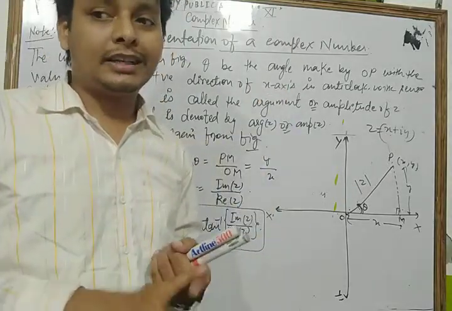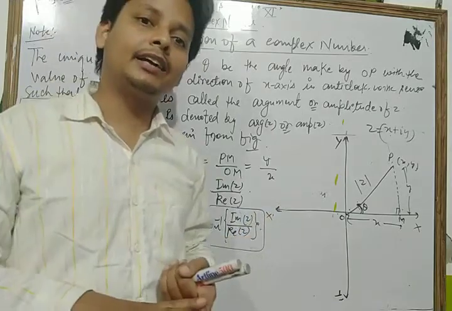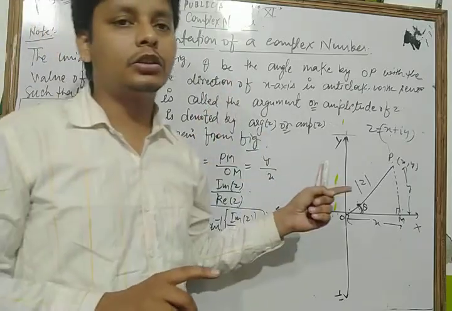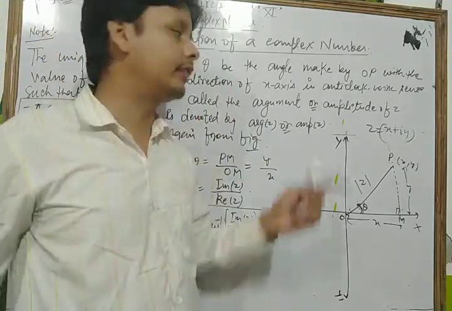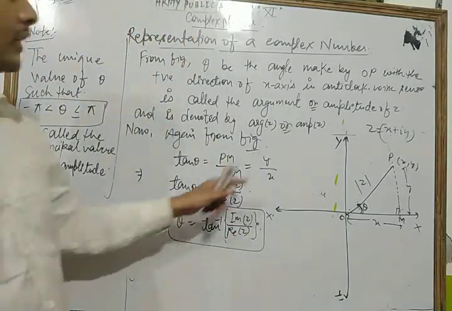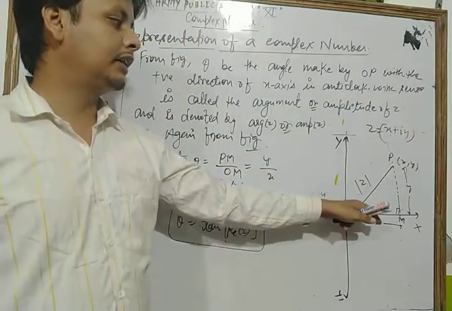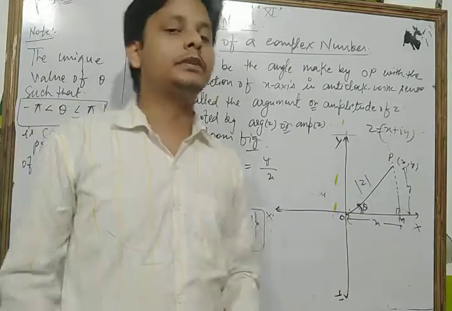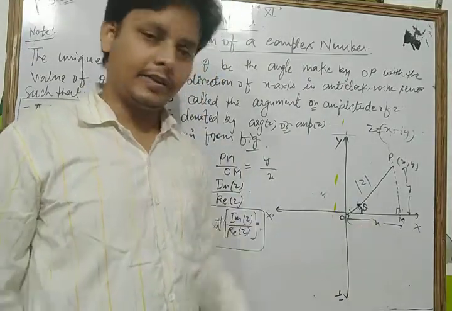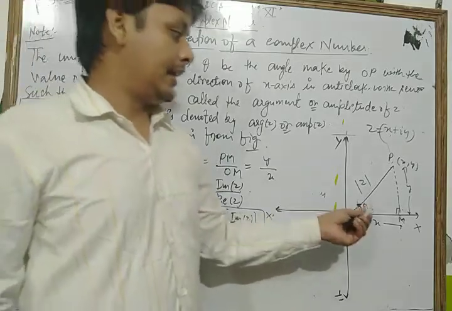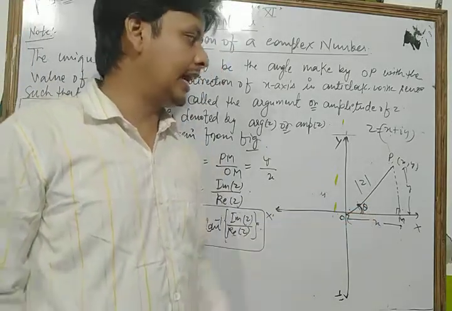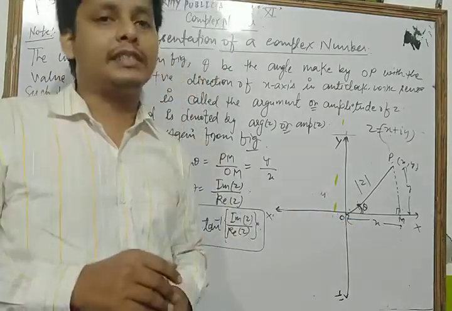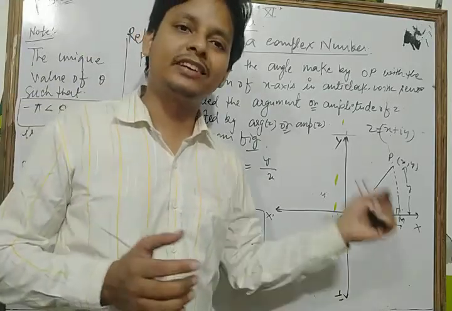We discussed the Argand plane. What is the Argand plane? A plane in which we represent a complex number is called the Argand plane. And what is the concept of the argument or amplitude of any complex number? In the geometrical representation, the length OP represents the modulus of the given complex number. Let theta be the angle made by the line OP with the positive direction of x in the anti-clockwise sense; it is known as the argument or amplitude of that complex number.